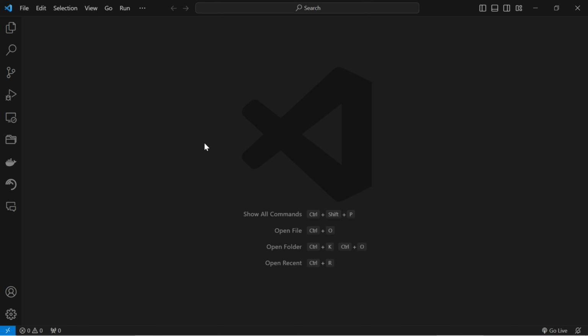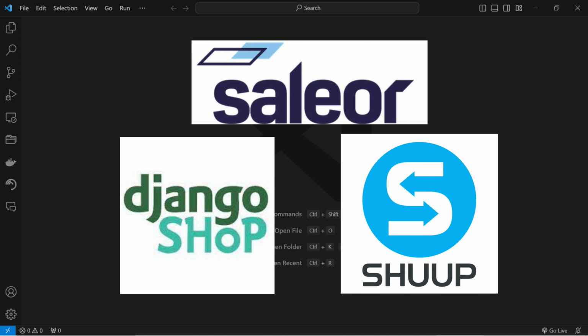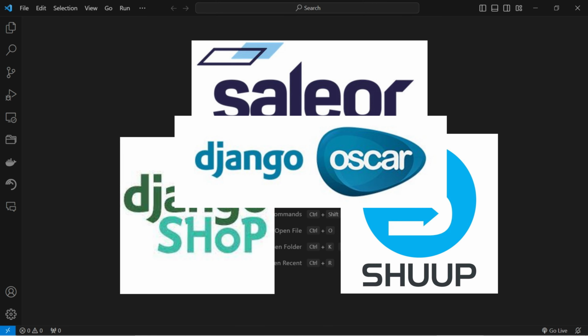There are several Django e-commerce frameworks available, such as Saleor, Django Shop, and Shoop. You might wonder why I chose Django Oscar. While it's perfectly acceptable to use a framework of your preference, what makes Django Oscar stand out for me is its ease of customization and the extensive array of features it supports. Right out of the box,